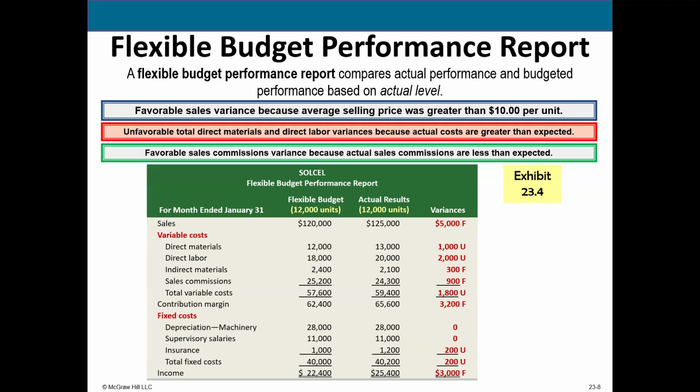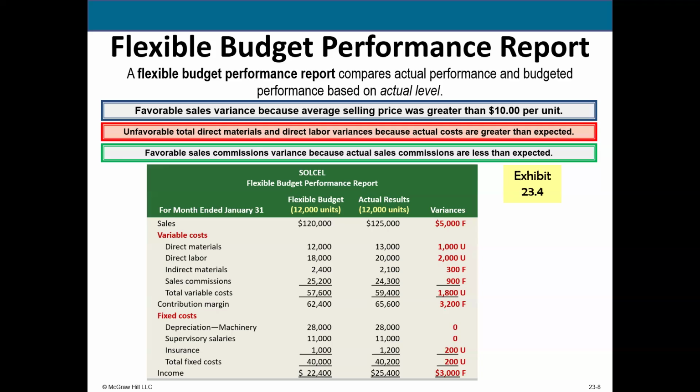So here in our example, we expected to produce and sell 12,000 units. That was part of the budget. And the great thing is, we ended up producing and selling 12,000 units. So excellent, we're right on the money when it comes to the budget and in terms of level of activity. Now, of course, sometimes it'll be just a little bit less, just a little bit more, whatever.